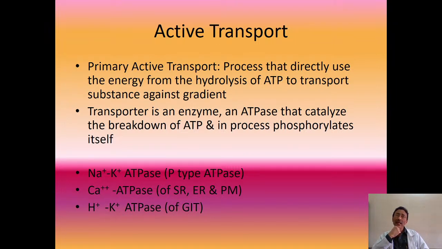So that F factor is an energy coupling factor, and that type of active transport is basically taking place in the endoplasmic reticulum, in the plasma membrane, and in the sarcoplasmic reticulum. Then we have the ABC transporters. So basically you understand that the transporters are of four types: P type, V type, F type, and the ABC. Now let us see what are the examples of active transport which are happening in the body.